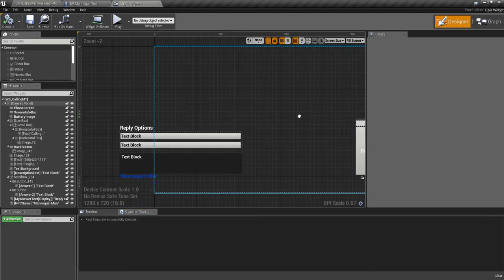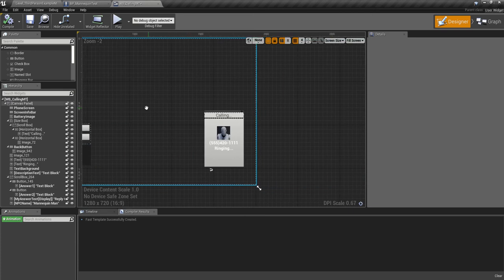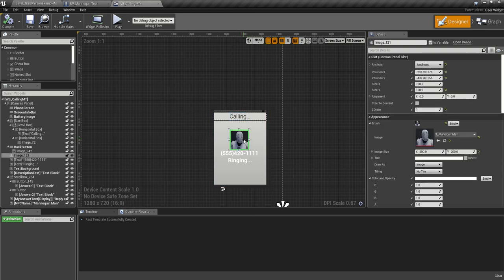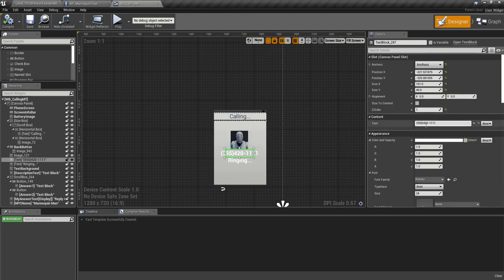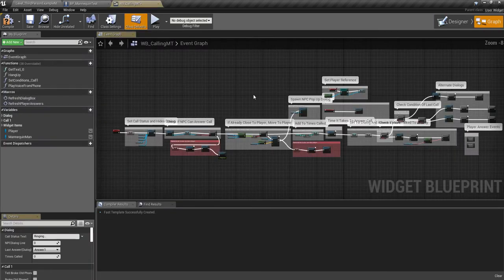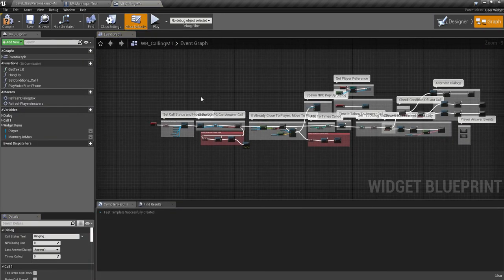And let's open this up, and it will have the dialog box here and the calling screen for the cell phone. You can set a custom picture for them and change the phone number here. So I'm going to go and change that to 123, 123, 1234. And if you go into the graph now,